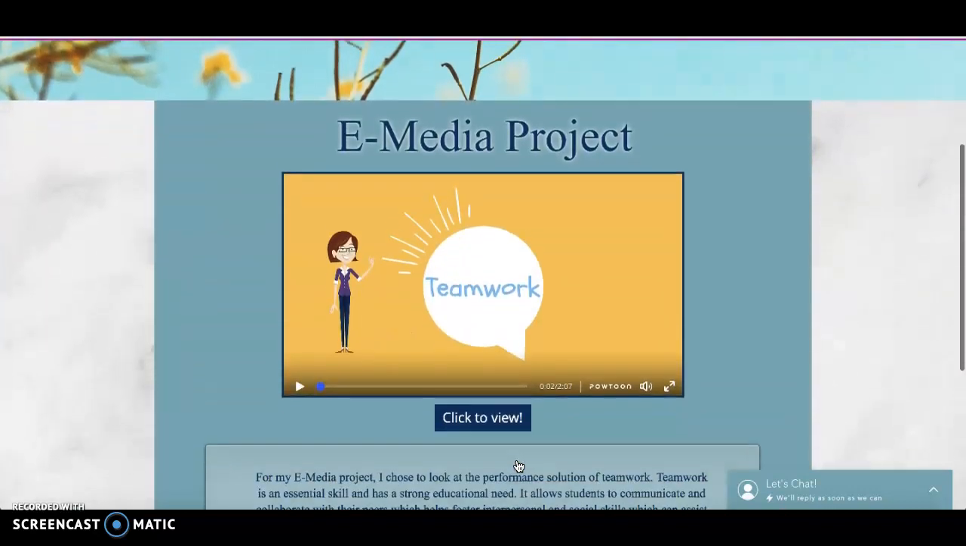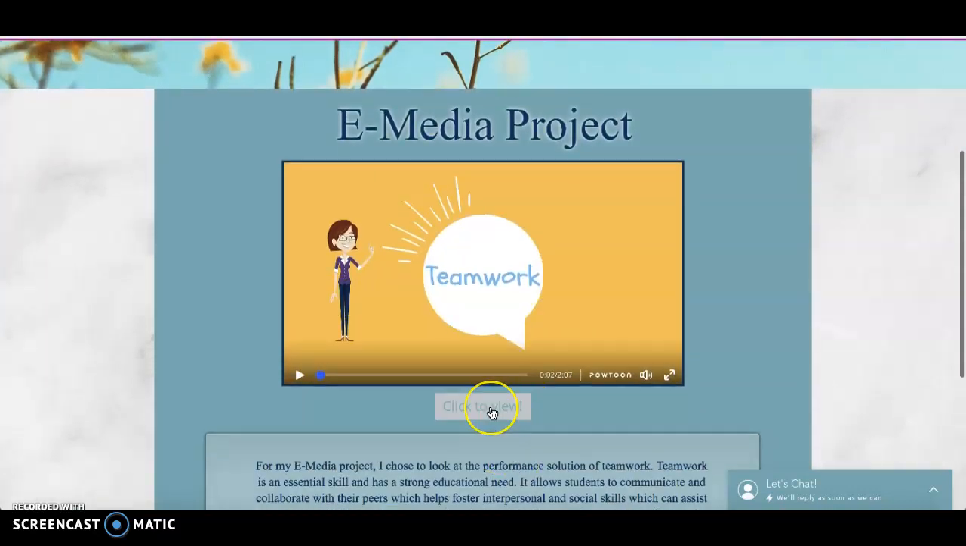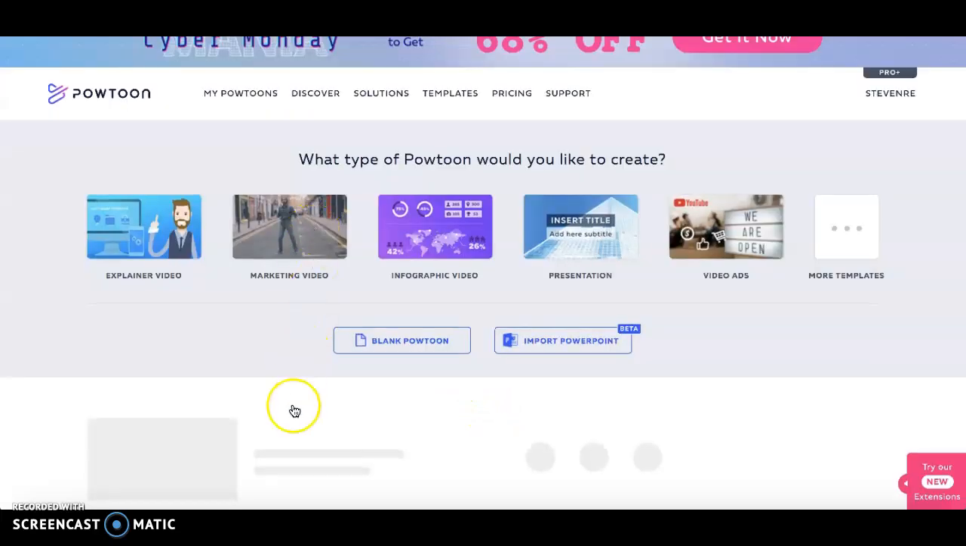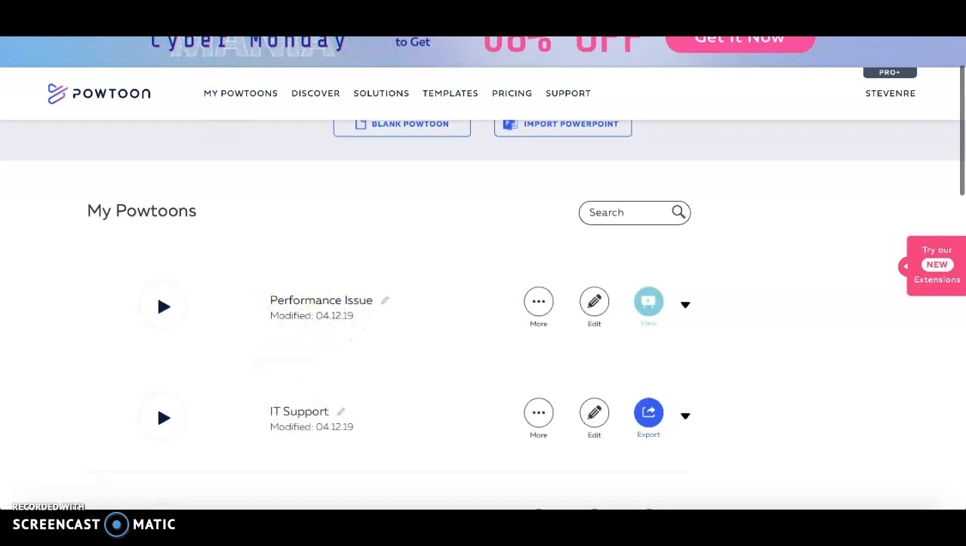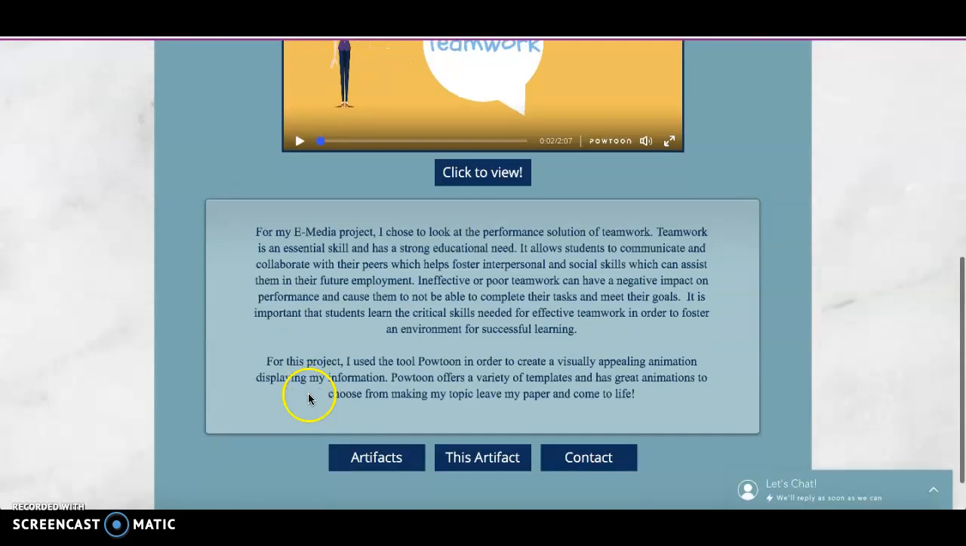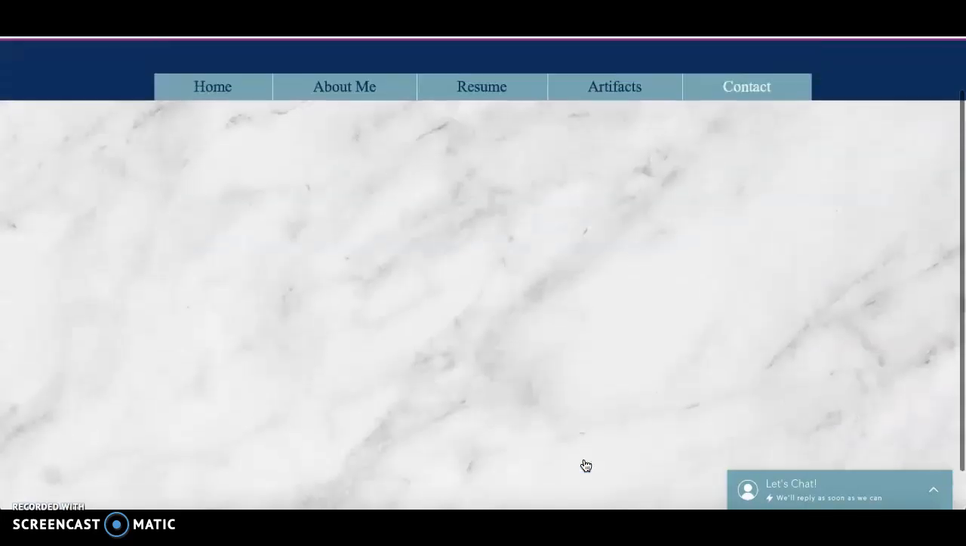Next is my eMedia project, so I did it with Powtoon, so you're actually going to click here and it will link you to the actual video, which is in my Powtoon under Performance Issue, and then a description of the tool below, and then last is my contact